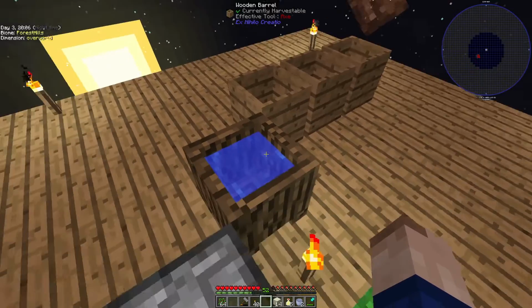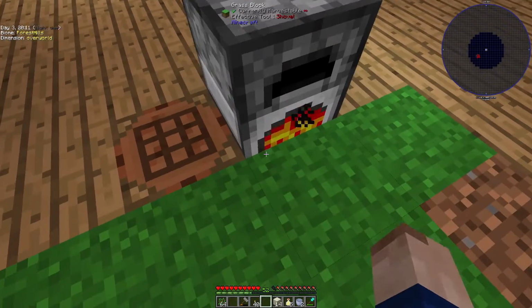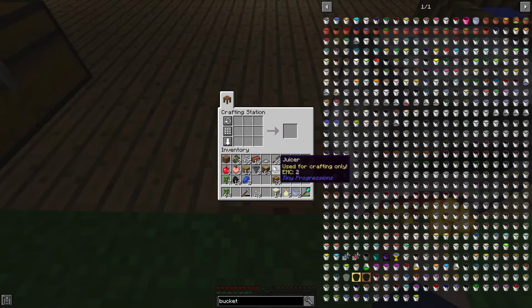As soon as this gets done, we will fire off our bucket, and we can use our bucket to transport water and lava. It can transport water as many times as we want, but it can only transport lava one time before breaking. That's why I made two unfired buckets here. So with this, we're going to go ahead and set up